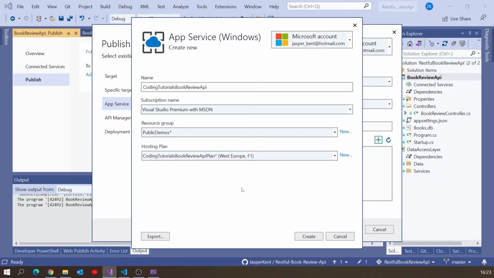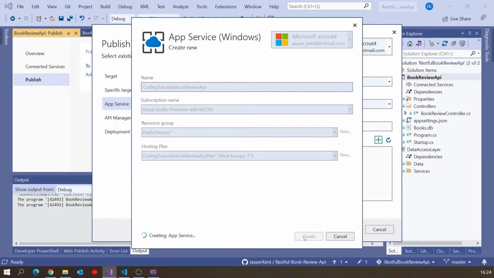It's not a permanent decision. Many of the time I'll start out with the free one when I'm developing. And then once we get users and we need a bit more power, we can scale up from there. So click OK on that, and that should all be OK. We'll click Create, and this will now actually create the app service in Azure. It'll take a little while because it's got to put all of that together.